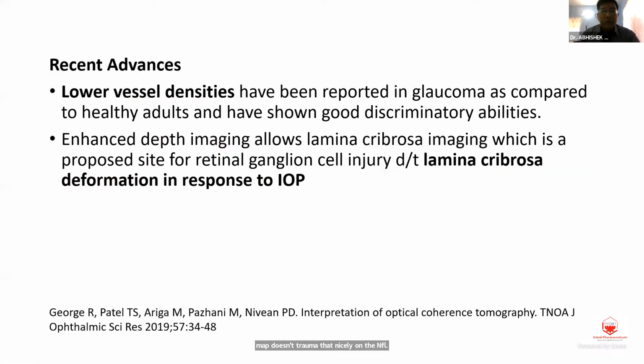Now, apart from those other things, because the layer also contains vessels, it has also been propounded that depending upon the vasculature, the OCT findings can also vary. So these two things are the areas of interest in future, which can lead to diagnosis of glaucoma